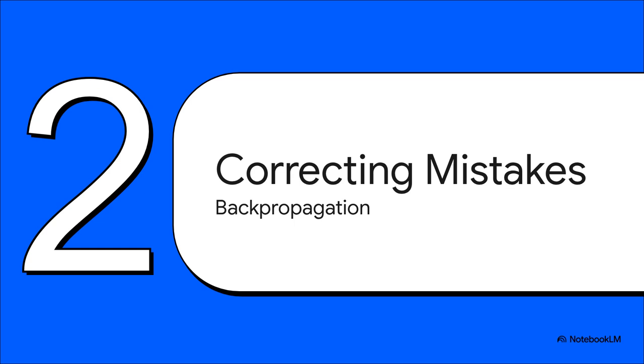The real secret sauce to AI learning is this incredibly clever process for figuring out who's to blame for a mistake. It's called backpropagation, and it is the engine that drives pretty much all of modern AI. When the network gets an answer wrong, backpropagation literally works backward to figure out which of those little knobs were most responsible for the error, so it knows exactly what to fix. Let's see how it works.